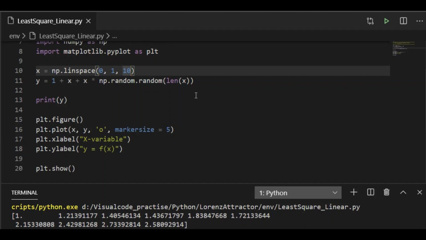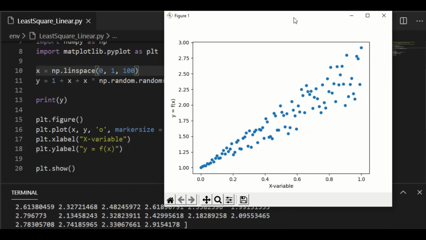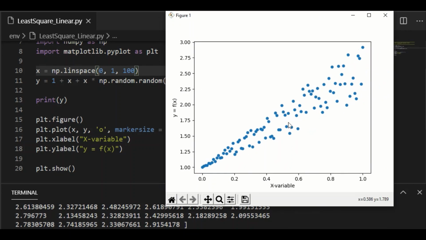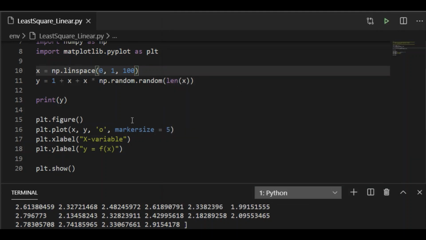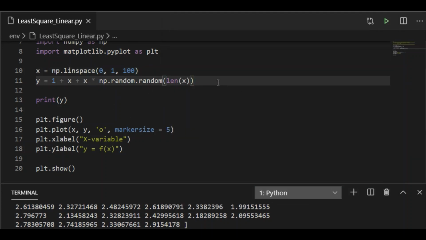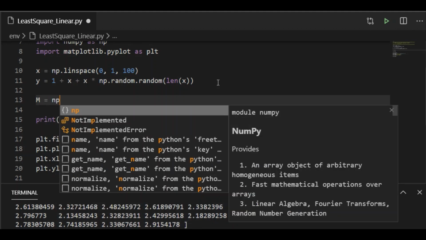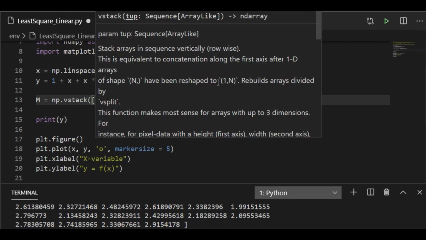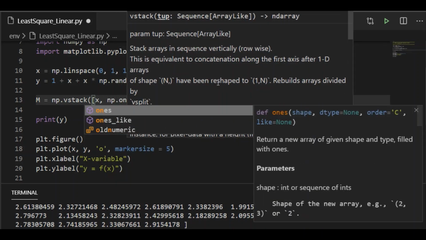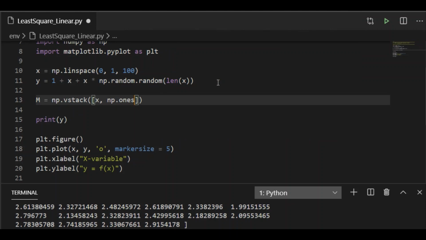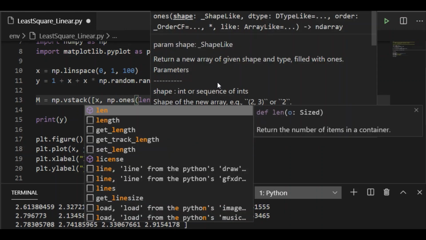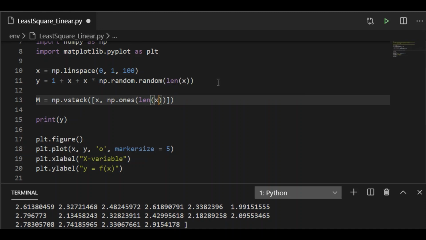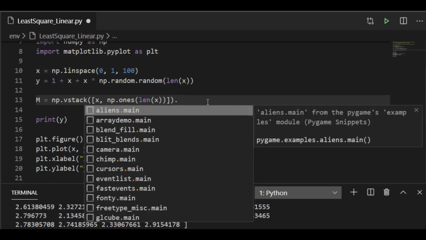Let us increase the number of samples for x to 100. As there are more samples, now it is easy to have the line of best fit plotted. NumPy has implemented least squares methods that we can just call to get the solution. For that, we have to take the value of independent variable x as the stack of a matrix in the vertical axis and then take the transpose of this matrix.